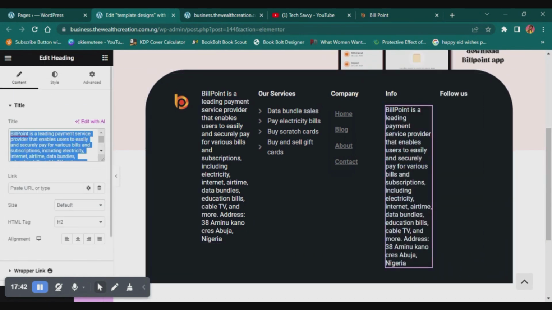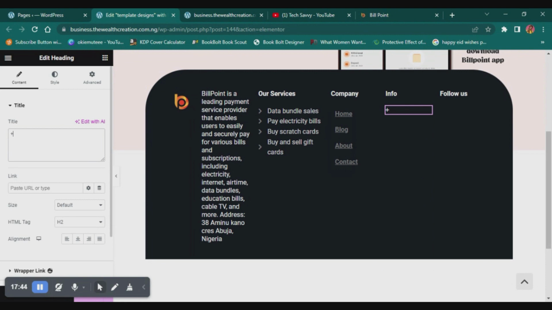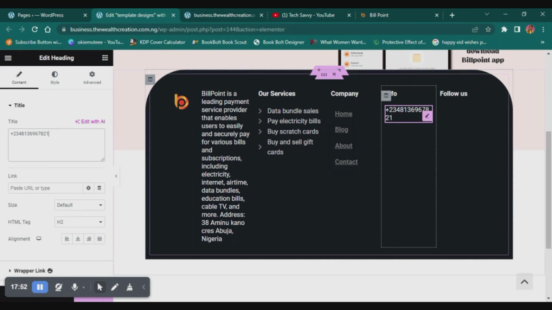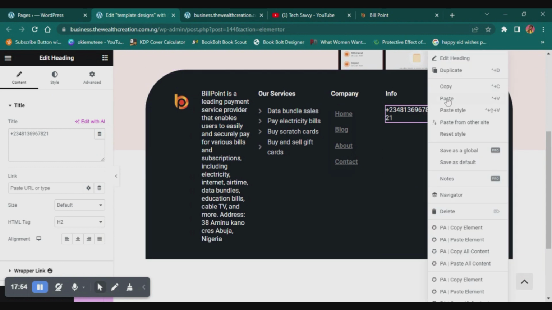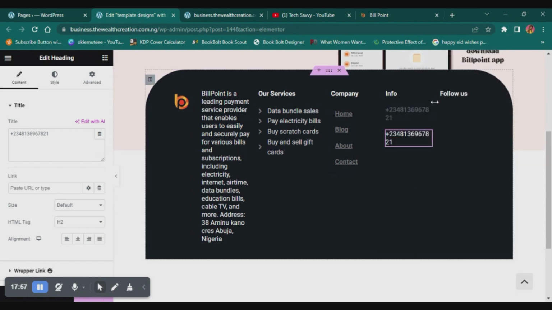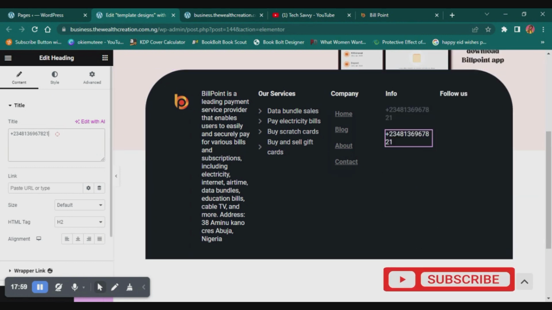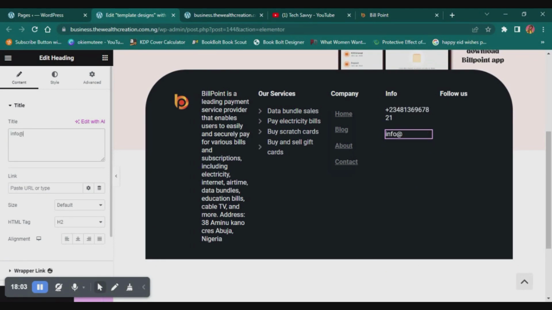Okay, so here I'm going to say my phone number should be +234 8136967821, right? Okay, so the next thing I want to do is to duplicate this, and then this is going to be email. So I'll say info at,